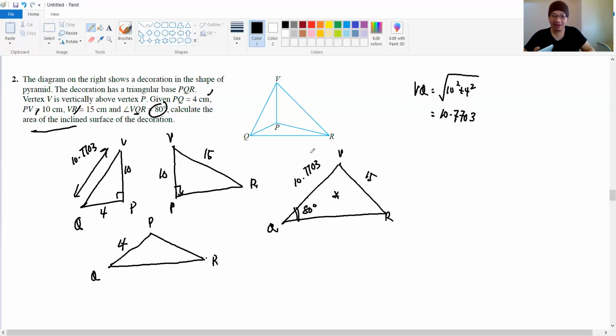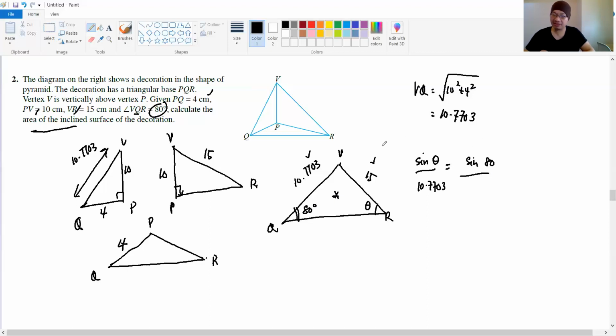So since we already have the length here, but we still lack this angle, how to solve? Very easy here, okay, guys. 15 and 80 are partners. 10.77 and R are also partners because they are opposite. So we can apply the sine rule. Since we want to find this angle, let's say I put it as theta. So sine theta over the opposite, 10.7703, equals sine 80